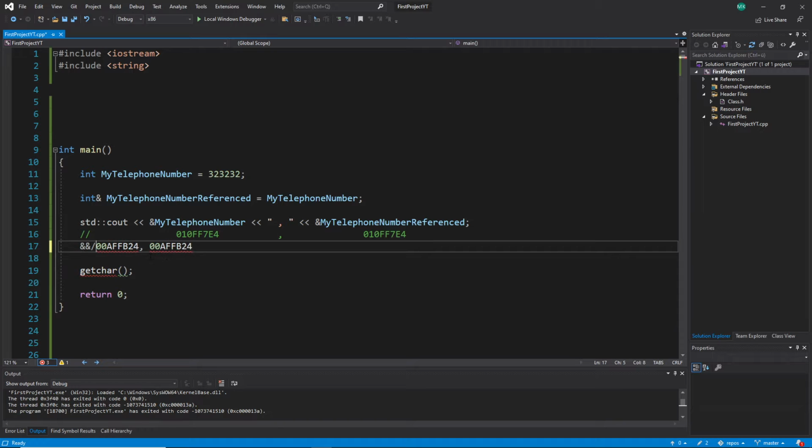But careful. When I say they are the same, let me show you this fast too, with a little formatting so that we can see it a little easier. I mean when the program starts to run, they will be the same at this line. But when you stop the program and start it again, this line and this line will change, because behind the scene,